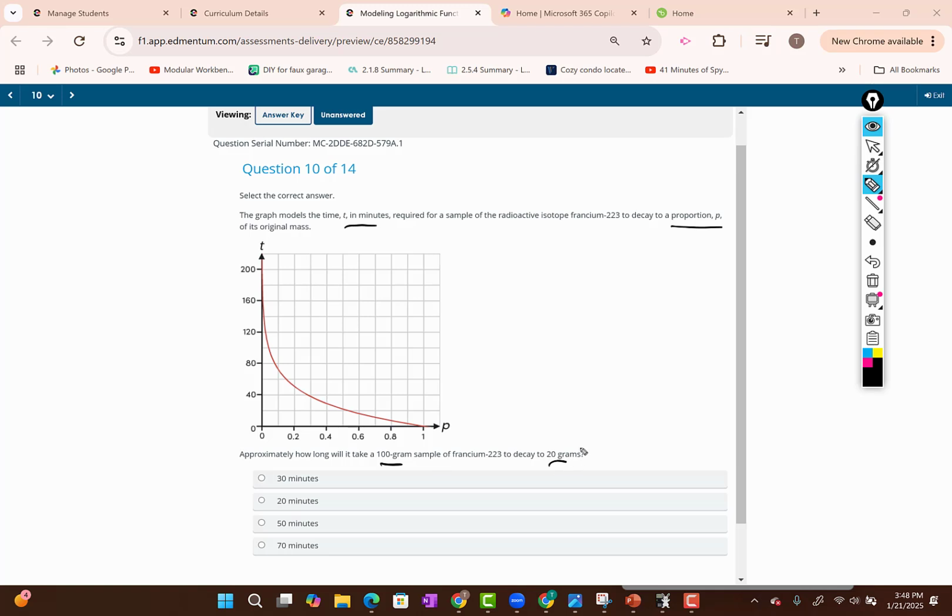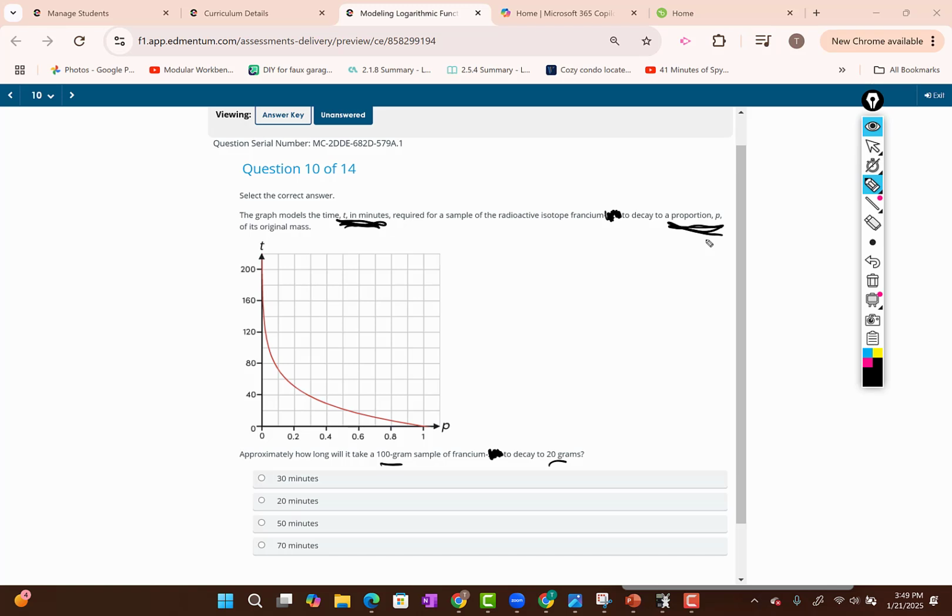Let's get this straight right off the bat. Francium-223, let's just get rid of the 223. That's just the name of the isotope. Let's just call it francium. Second thing, and this is really what trips most people up. We have two variables. We can see here time, t in minutes, and p, the proportion of this substance